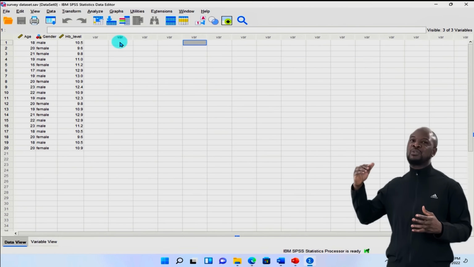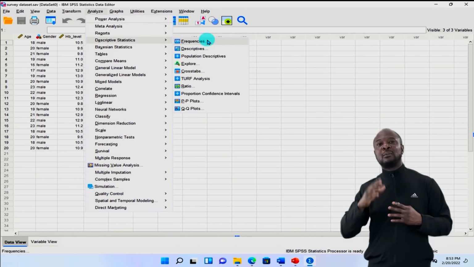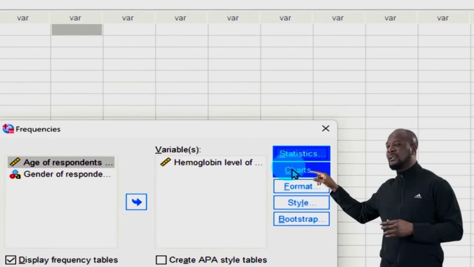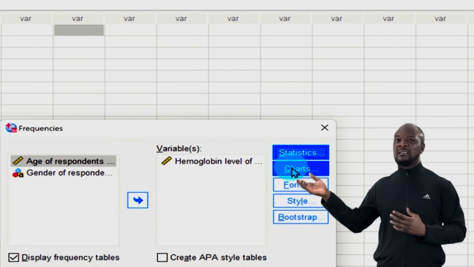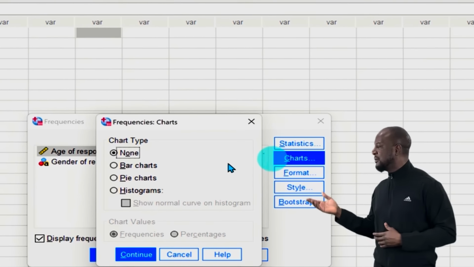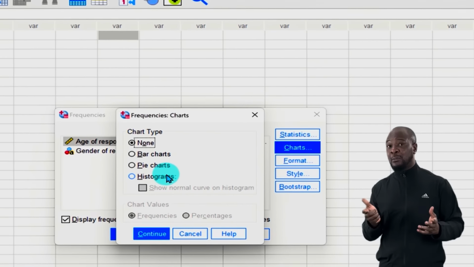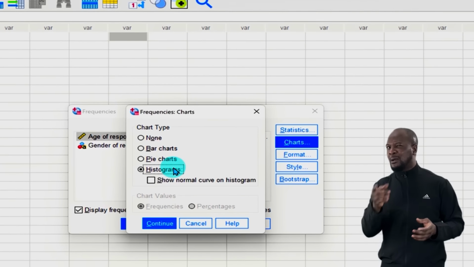Here we go again. We're just going to say Analyze, Descriptive Statistics, and then Frequencies. But this time, we're going to click on Charts in the dialog box there. You can see, you can draw a lot of charts. You can draw bar charts, pie charts, and even histograms. But since we're dealing with a numeric variable here, hemoglobin, we have to construct a histogram. I hope you're not planning to